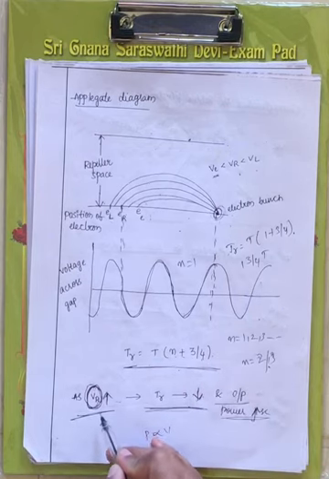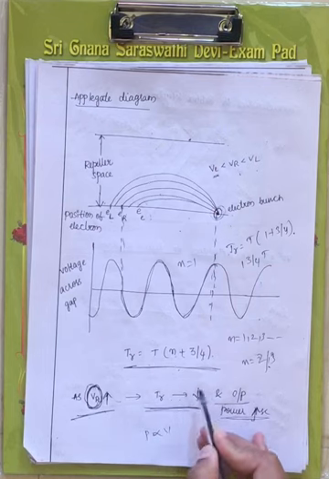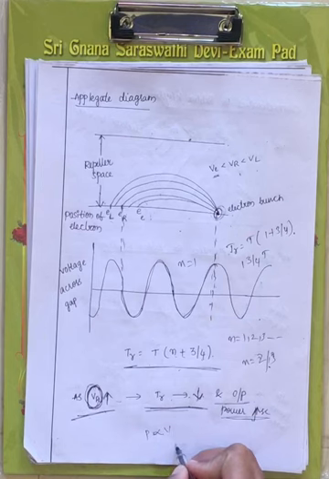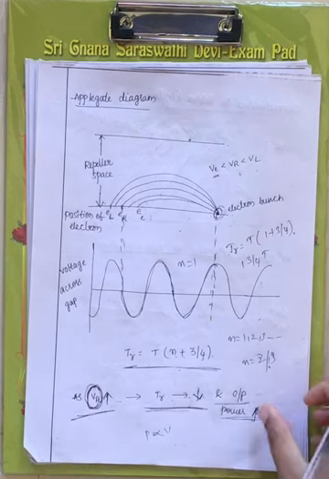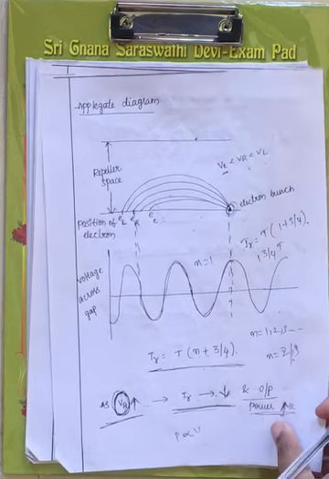Now as you increase the repeller voltage, the time taken to form the electron bunch decreases, and the output power P is directly proportional to V. Now the output power increases, right? Now this is about the applegate diagram. Now let us see its characteristics.